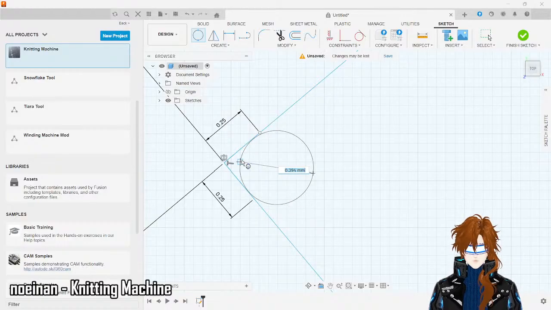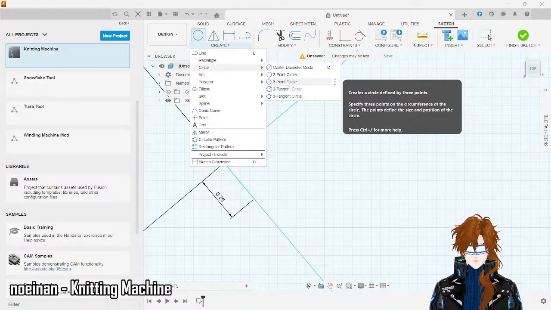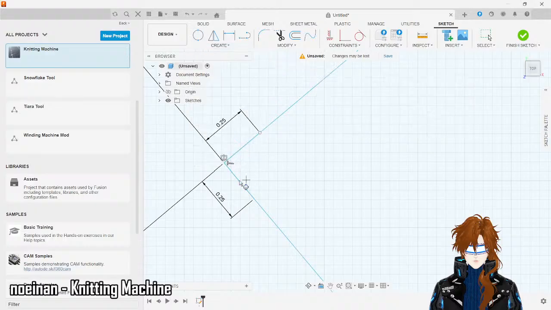So this is gonna be, let's go with 5 mm. Oh no. That is absolutely not what I wanted to do. Is there a better way to do this? Circle? Maybe a 3-point circle. Okay, so definitely not those 3 points in particular, but